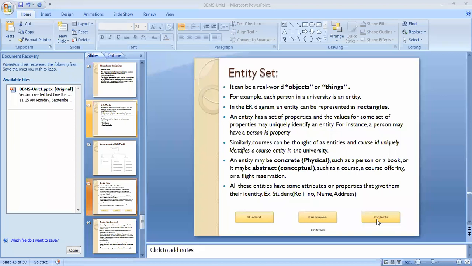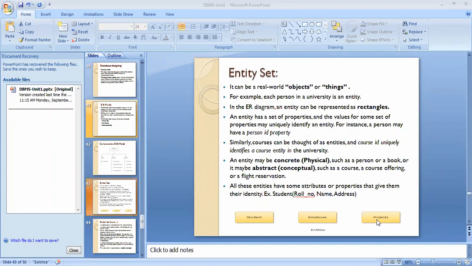An entity has a set of properties. Each and every entity has a set of properties, and the values of some set of properties may uniquely identify an entity. These properties are mostly more than one.